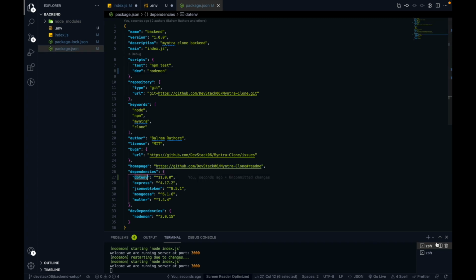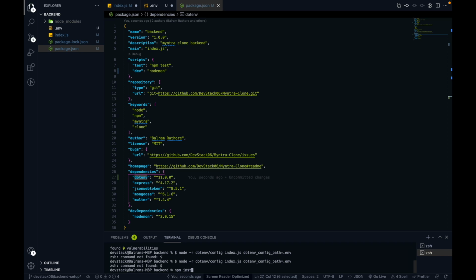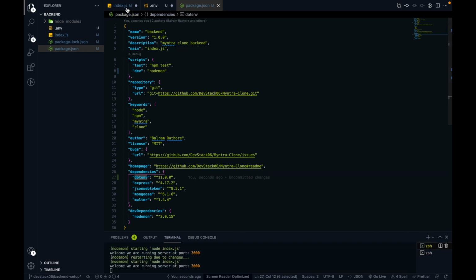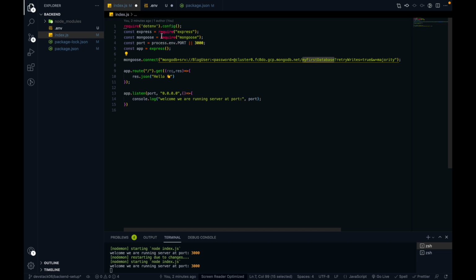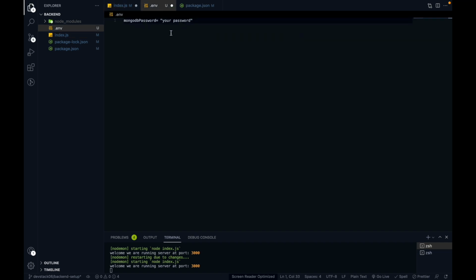So you just have to do npm install dotenv, and it will install the dotenv package. And then in the index.js file you have to import it like this, require dotenv config.